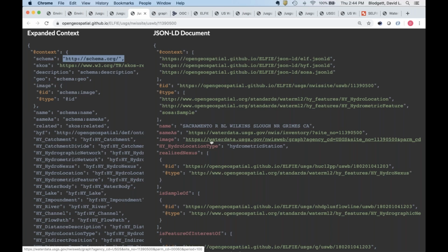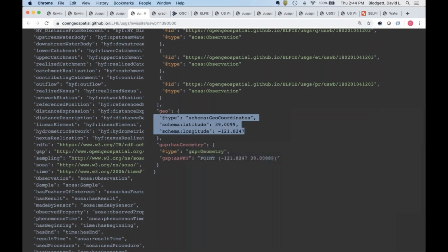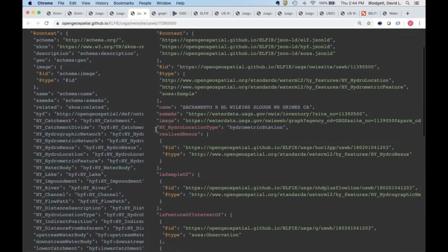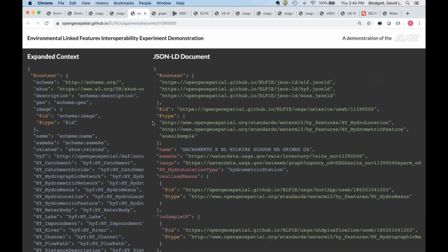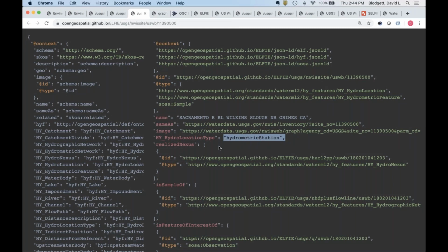And at the end of the day, Google should be able to make the connection that this thing at some geospatial location on a map has a preview image that's a plot of the streamflow from that site. And if we do our jobs right going forward, Google should also be able to learn what a hydrometric station hydrologic location is and present information accordingly for that type of feature.